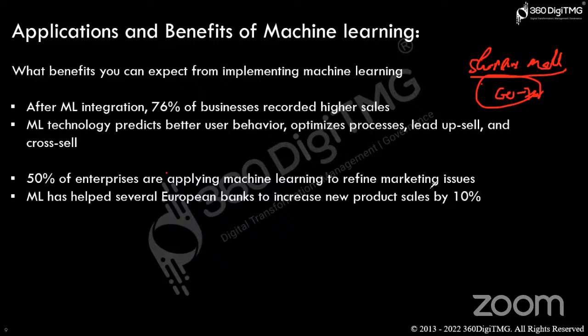How many people are coming to your platform? How many people are searching for that particular product? How many people are interested in that particular product? If people are liking, commenting, reviewing, in that case, the machine learning algorithm will keep checking every single thing, and it will give you